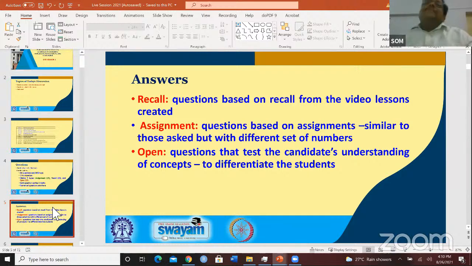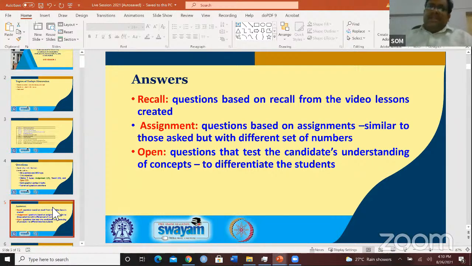And the second type of question is assignment questions. So these assignment questions are based on the assignments. At the end of each and every week, you have an assignment. So there will be questions based on the assignments, which are similar to those asked, but with